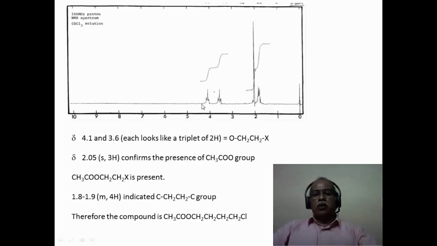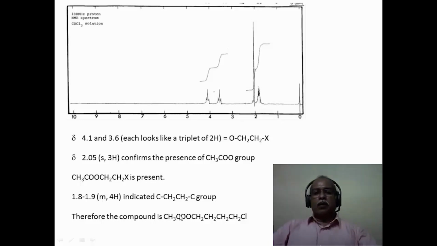So OCH2, CH2CH2, CH2Cl is the group that we have identified from the NMR spectrum. This corresponds to OCH2, and this one corresponds to CH2Cl, and in between you have two CH2s, which is a second order kind of a multiplet, seen in the region of 1.9 ppm. So OCH2CH2CH2CH2Cl is a fragment which is very clearly seen in the proton NMR spectrum of this